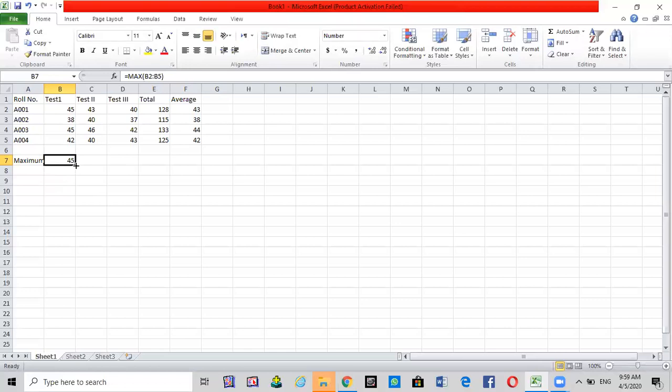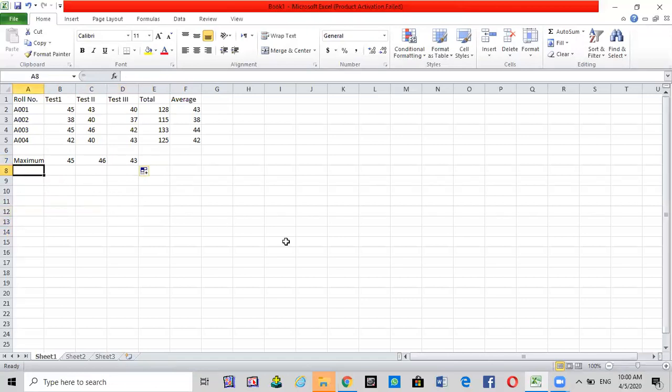When I see my cursor change from this to this, I will drag it by pressing the left mouse button and leave when I am under test number 3. Now I can see the maximum marks in test 2, and the maximum marks in test 3 also.